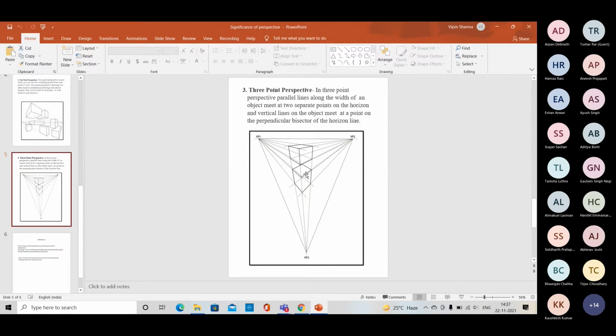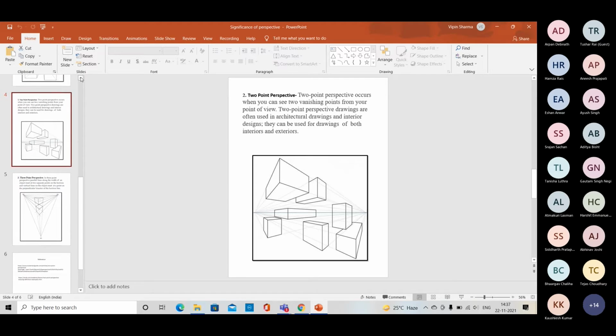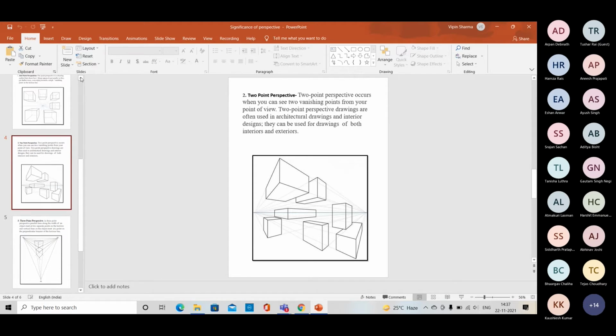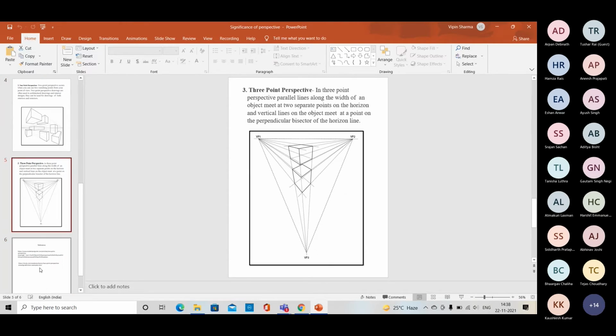But you need to understand how to design text or buildings. Before you work with buildings or any kind of design, you need to understand every element with the basic cube or cuboid. So just try to understand. This is the very basic PPT. It will help you to understand the basic lines or basic geometry of 2-point and 3-point perspective. So go through the 1-point, design with 2-point and 3-point perspective, right?